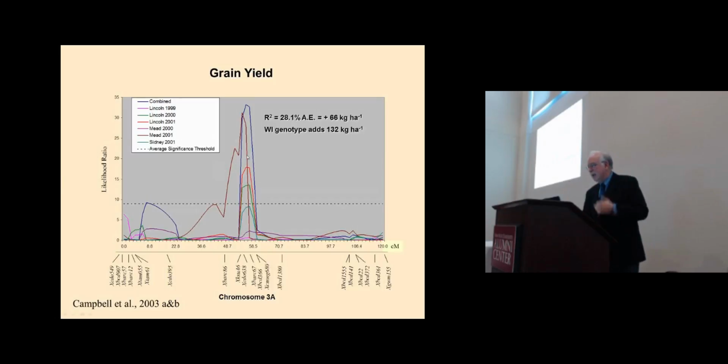If you look at that spike, the main one, you can see these are now individual locations. There are 3 environments where you clearly have the QTL. It's significant. The fourth one would not be called significant, because it's underneath the threshold level. This is one reason why I really like genomic selection as opposed to mapping QTLs, because you don't have to worry about are you above or below the threshold. And then you have 2 more regions down here where the QTL has absolutely no effect. That's G by E or QTL by E. Okay?